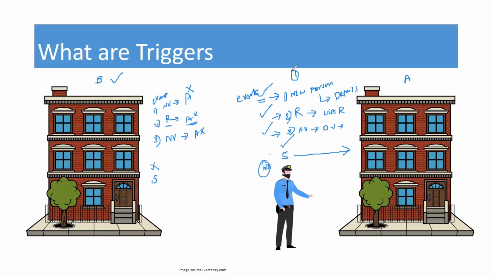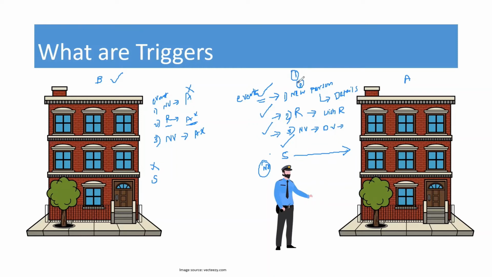Point number 1 is that this watchman, as an event listener, will act upon the events based on the standard operating procedures, or SOPs. Depending on whatever instructions he got, he'll act accordingly. Whereas in option B, there is no such event listener. So even though there are events happening, there is no action happening after that. Point number 2 is